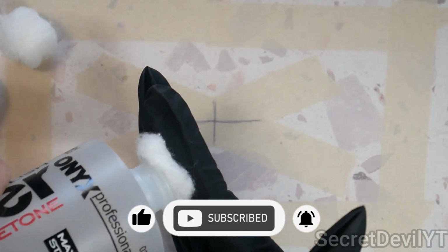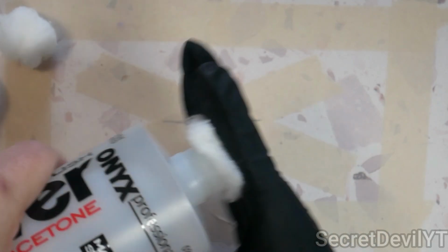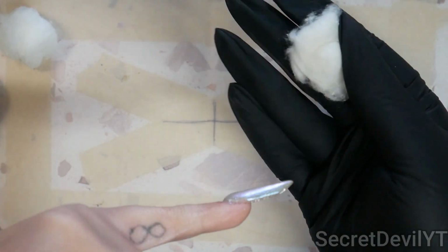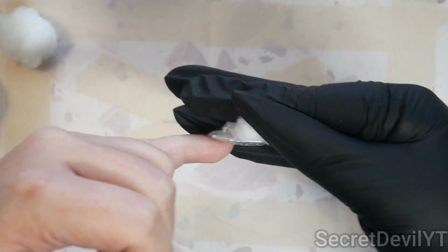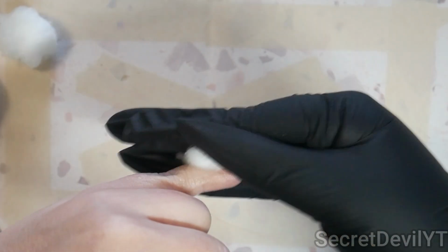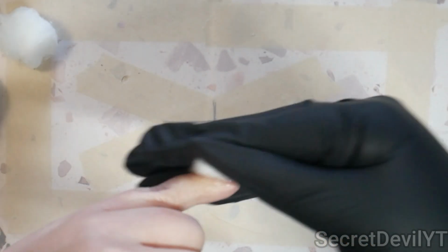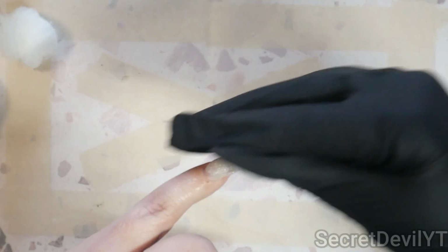So you want to put this here, and I like to give it just a little bit of a squeeze so it pushes some of that liquid into that cotton ball and it's not too dry. Set that out of the way so it's safe. And then you want to get that on the nail like that and then start rubbing, covering that whole nail. Now, if you want to let it sit on there and soak for a bit, you absolutely can, because it will help to break that down, but I find rubbing to be the fastest method